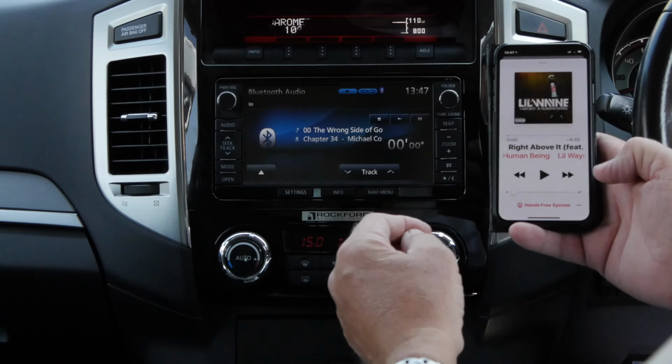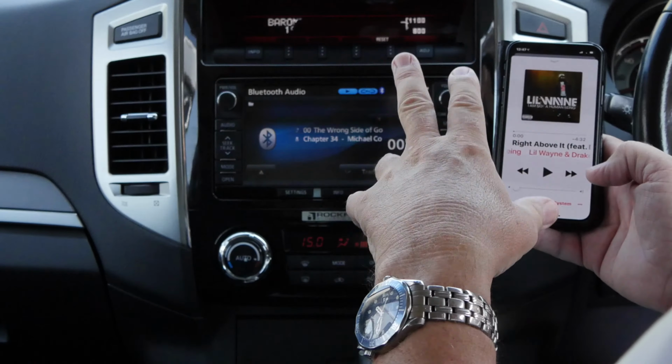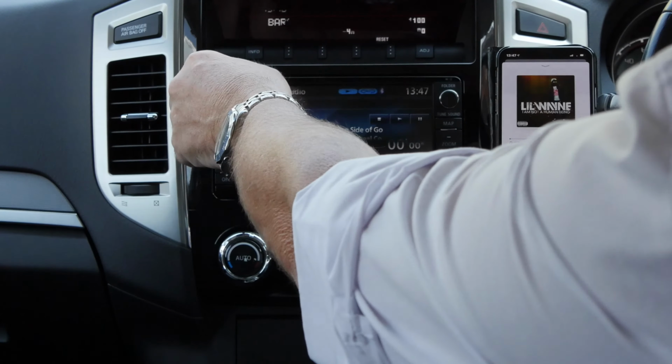That's bringing the record up. That's bringing an audio book up that I'm listening to. So if I turn that up,